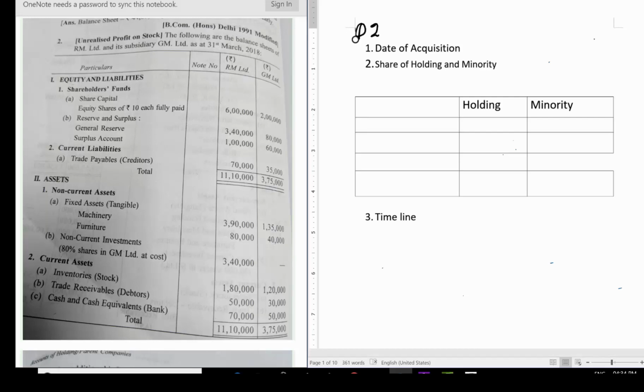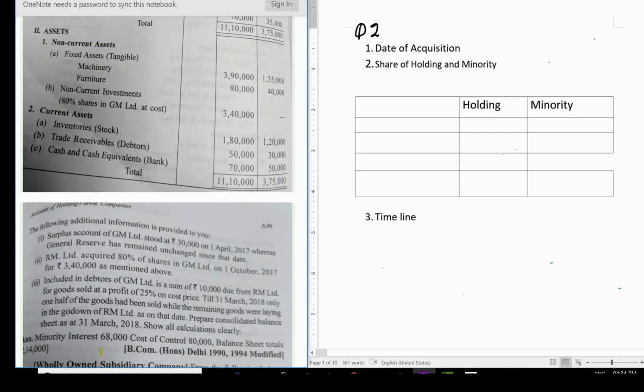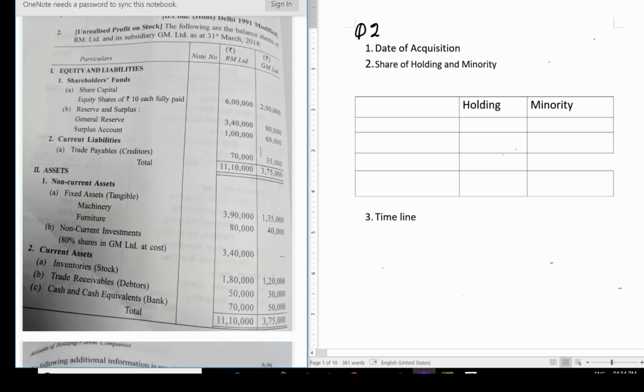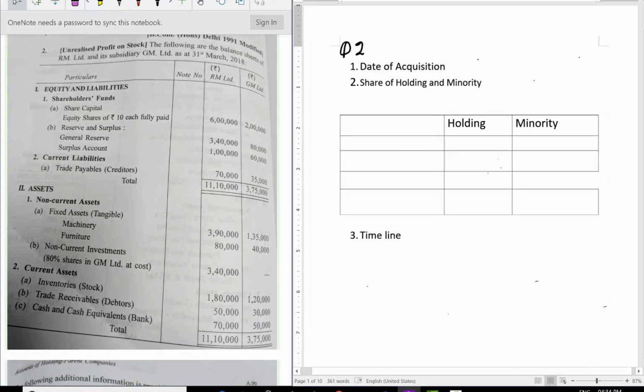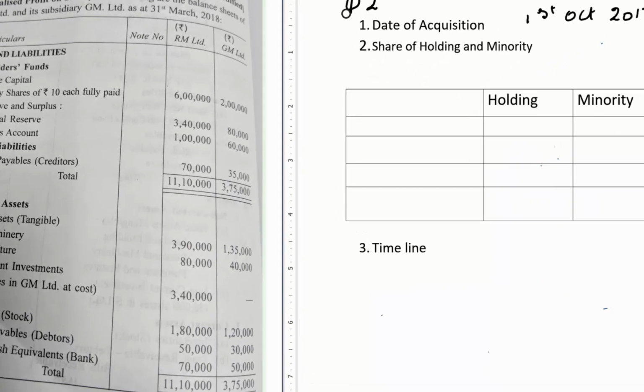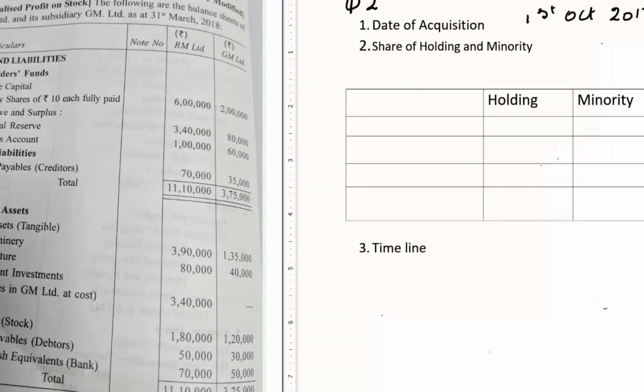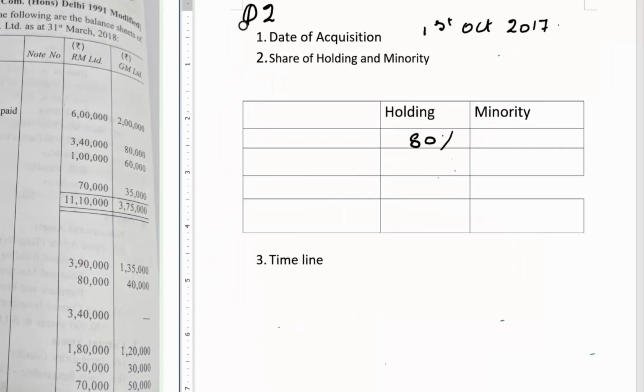We'll start with question 2. The question says RM Limited acquired 80% shares in GM Limited on 1st October 2017. So date of acquisition is 1st October 2017. Since 80% of shares in GM Limited were acquired, hence